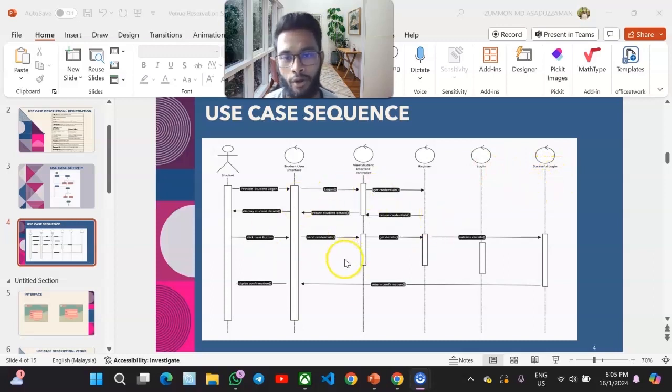So here are the action points. The first action point is provide student login. After that, login, then get credentials, and then return the credentials, then return student details. After that, display student details, then click the next button, go to the